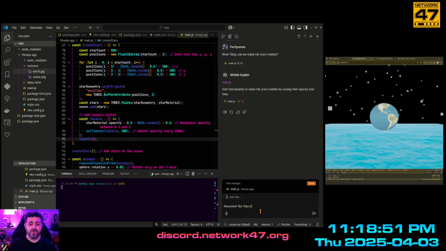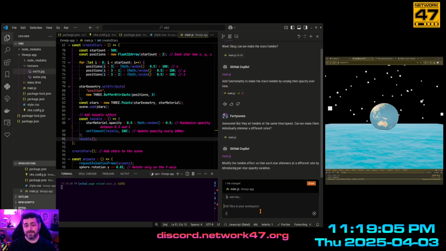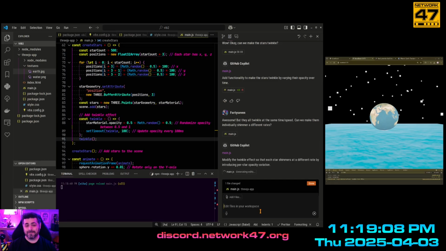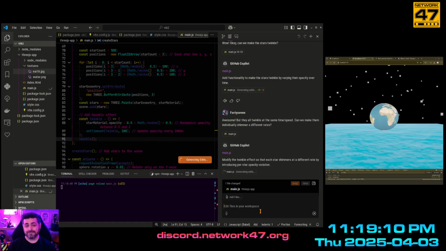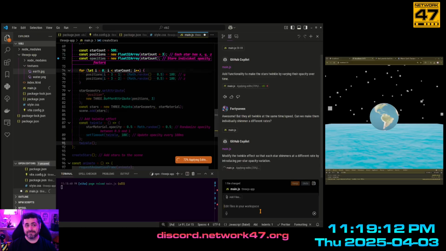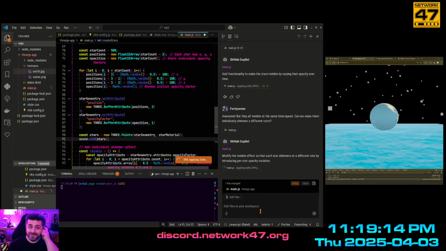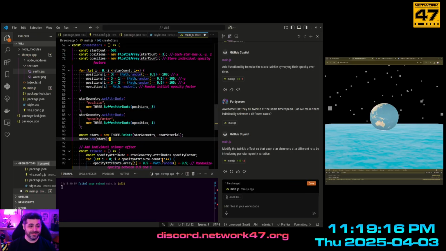But they all twinkle at the same time and speed. Can we make them individually shimmer at different rates? This is going to be fun. So we're going to keep that.